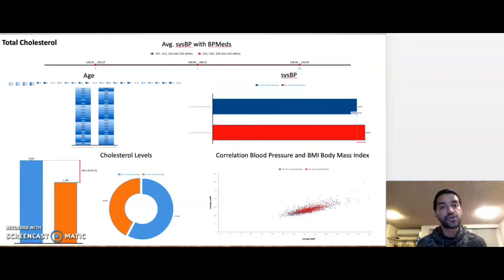Moving on to cholesterol, the key influences for cholesterol are blood pressure, systolic blood pressure, and body mass index. Here we can see a breakdown of the cholesterol levels. If a cholesterol level is 200 milligrams and above, that's when you have high cholesterol. So based on that, we sorted and filtered our data on cholesterol, and we broke it down into those who have low cholesterol to those who have high cholesterol. As you can see, systolic blood pressure is also being affected because of cholesterol.